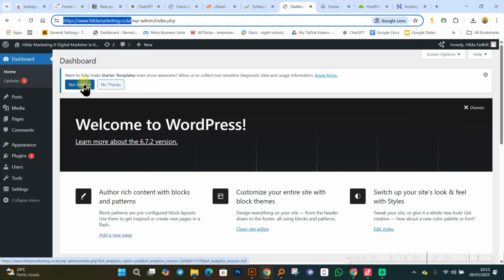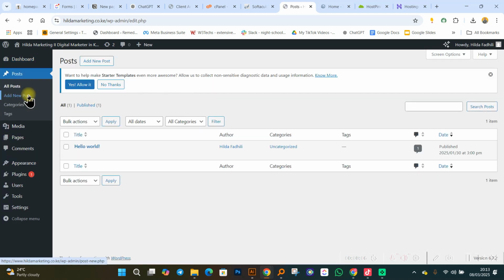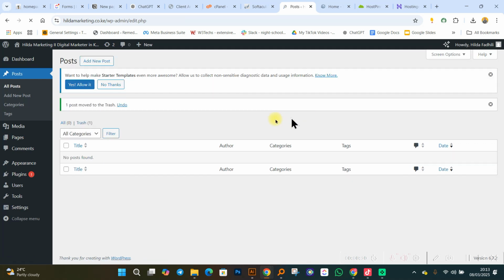So this is the WordPress dashboard, okay? This is a dashboard where you see everything. And then we have something over here written Posts. Posts is where, for example, you come and add blogs, okay? And remember, you can always trash them. So if you're someone who likes to write blogs, it's easy to write blogs over here. Blogs have categories. For example, if you're in health and fitness, you can have your blogs in various categories.